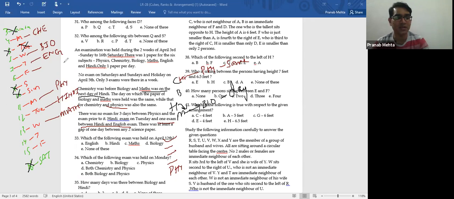The moment you have done this, I think you will be able to solve the questions. Can you mark the answers and see if you have any doubt? Please tell me. Because the moment you have done with this arrangement, you'll be able to solve the questions and get your answer. What is the answer for question number 33?